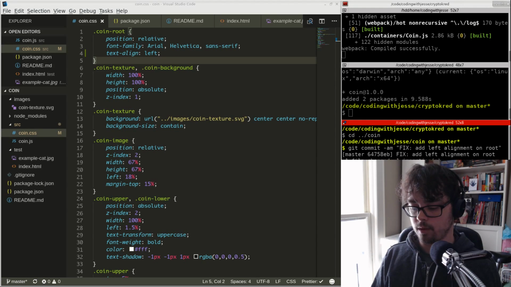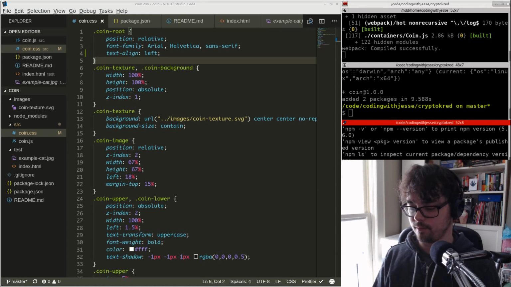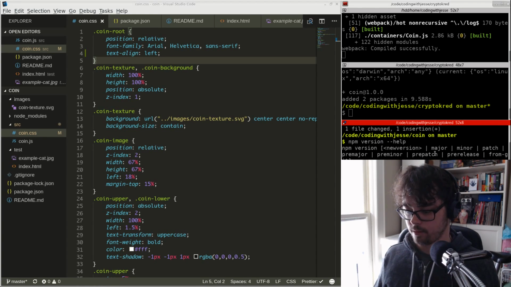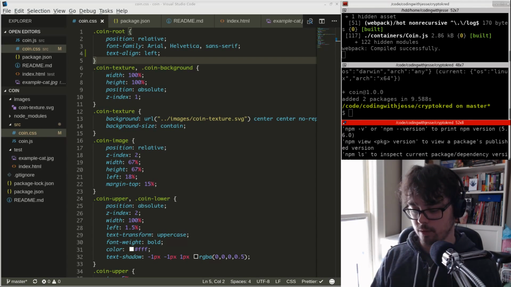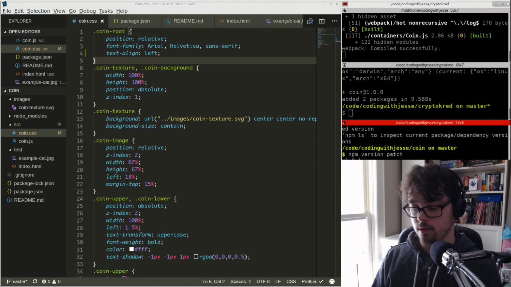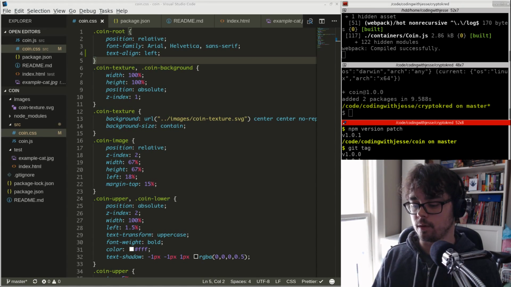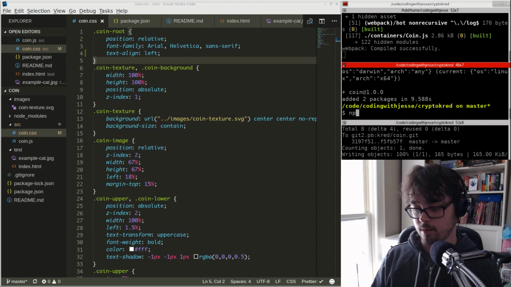I think I can do npm version major minor. What's the third one? Major minor insignificant. Oh, so tiny. Major minor patch. So if I do npm version patch and dash, I think, did that do a git tag? Yeah, it did. So if I do git push tags, then I should be able to do an npm